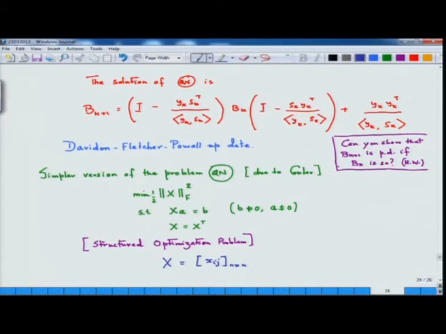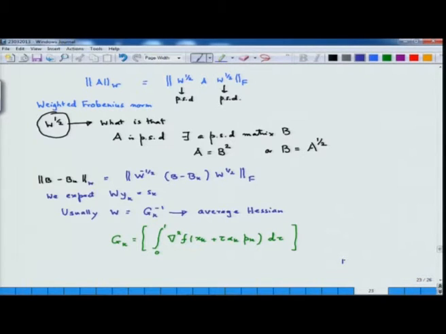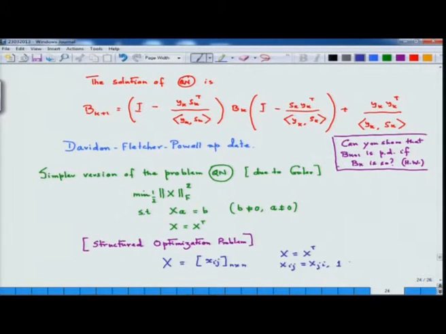So, there are n square variables now, and the condition X equal to X transpose can be set up, so I can write this constraint like this, and this constraint, as I have shown you earlier, can be written as now